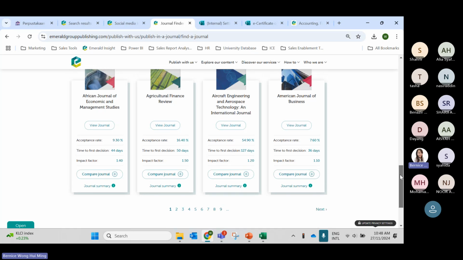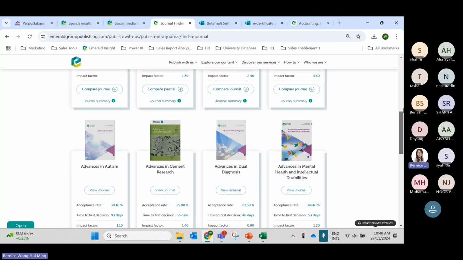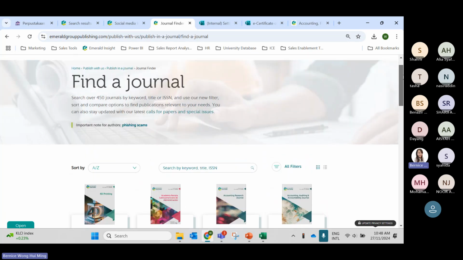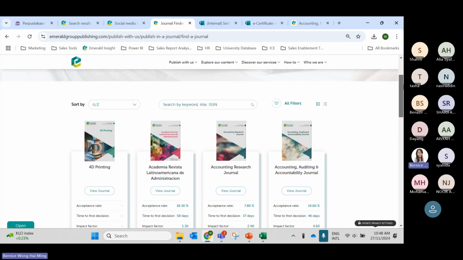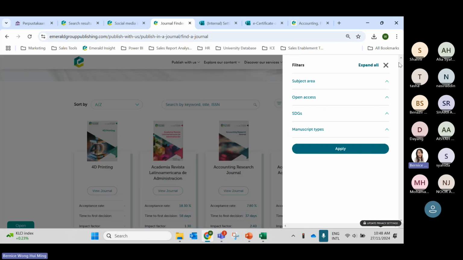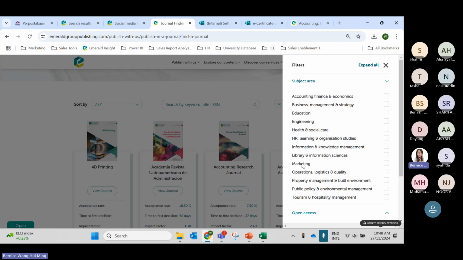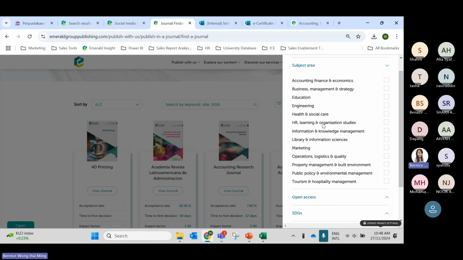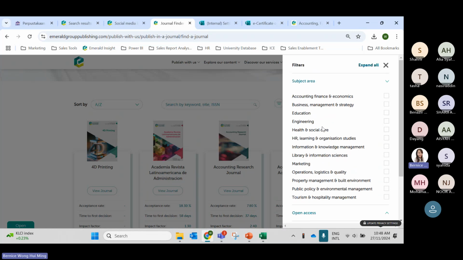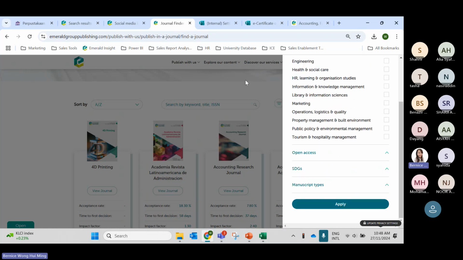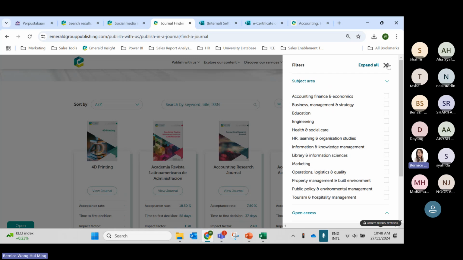So go back to my scenario. I want to publish in marketing journals, marketing, social science, social media topics. So from now, I can start to use this filter. You can go here, filter which journals that you want to publish, or let's say you do not want to filter by the subject area because you want to explore other subject collections, that's fine. Then you just close these buttons.